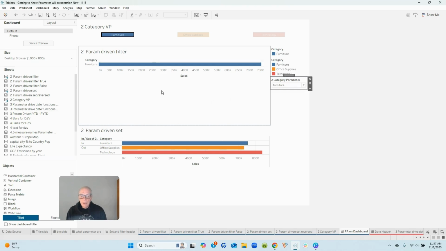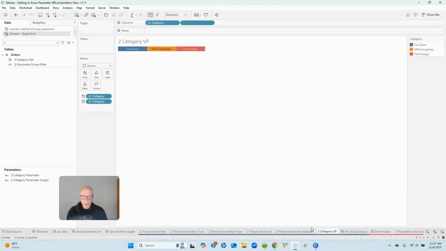So I've included in this example a value picker, and our value picker is nothing more than another worksheet. I've used square marks, and in there I've got the category on color, and I've also got the category name in the square, and I've added that to